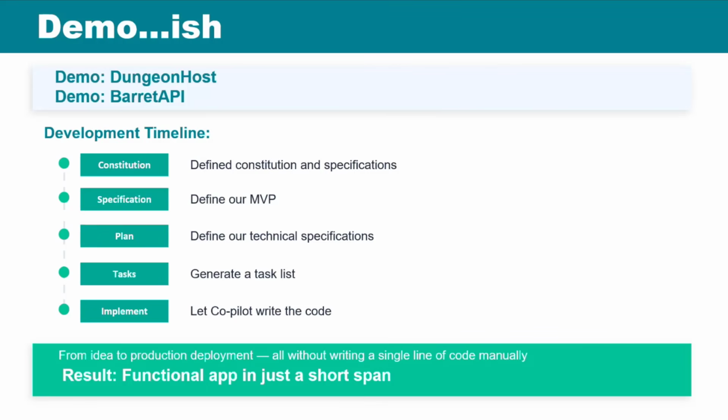I think there was one more question here. Do I find that the scaffolding provided by Spec-Kit allows you to work successfully with less capable models? I actually have found that for certain models. For instance, with Claude, you've got Sonnet and you've got whatever the really expensive one is. I can't remember off the top of my head. You've got a couple of different models that Claude offers, and one of them does a lot better at coding than the other, but it's a lot more expensive to use.